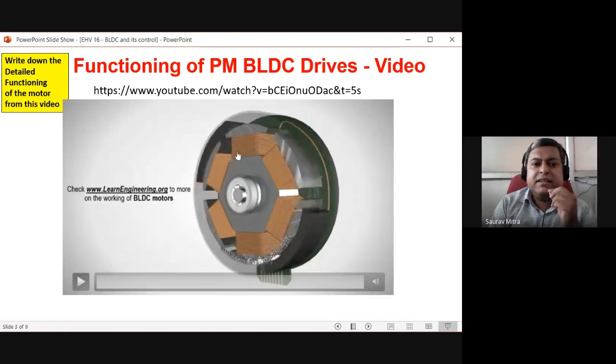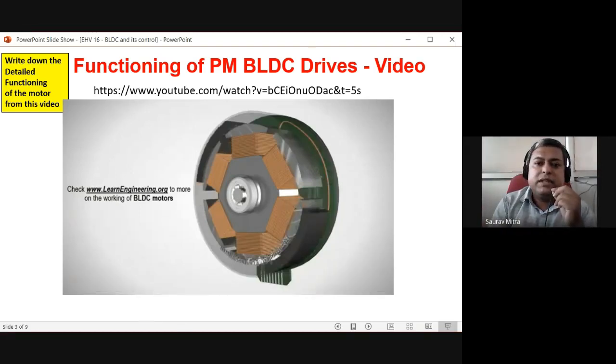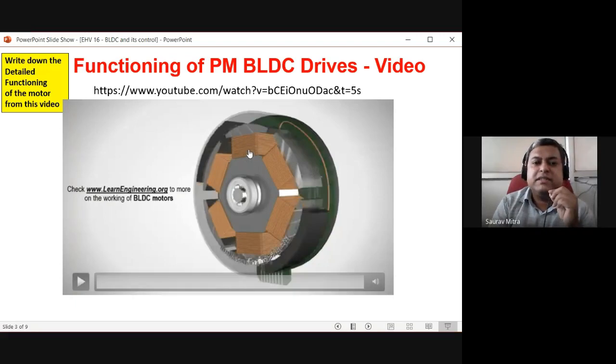So we are seeing here that there are three coil pairs. Actually, these opposite coils are a pair. So whenever the north pole of the permanent magnet is there, we are energizing these coils in such a way that this is also becoming an opposite pole. So if here the north pole is there, then we are energizing this pole in such a way that this permanent magnet will be attracted here. And in the next instant, whenever this permanent magnet is here, again the next coil is energized in the same way, so that this coil is attracting this permanent magnet continuously.